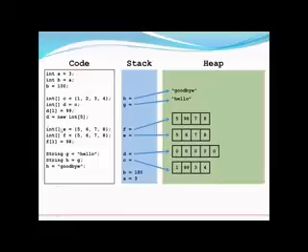Then int e is equal to 5, 6, 7, 8. Another array is declared, and this time its values are 5, 6, 7, 8. Then integer array f is again declared with the same values, 5, 6, 7, 8, but this is done to make a clear distinction: if the values in the arrays are the same, that doesn't mean the references are the same. So E and F hold different references, two different arrays. Now if I do F[1] is equal to 98, the array pointed to by F will change its second element to 98, as shown here.